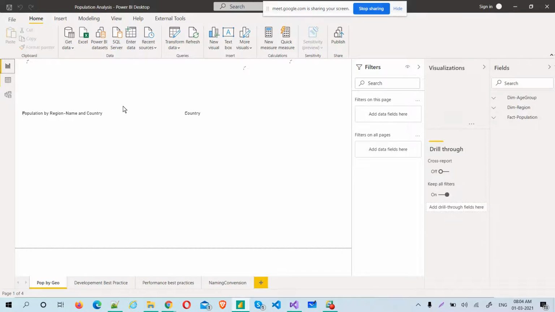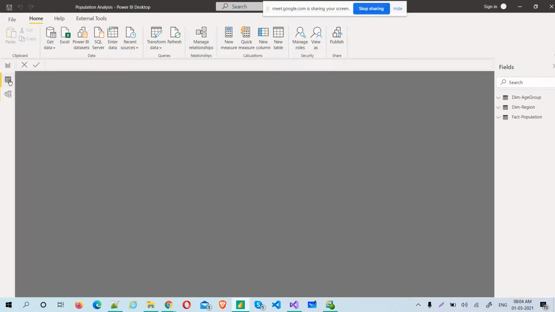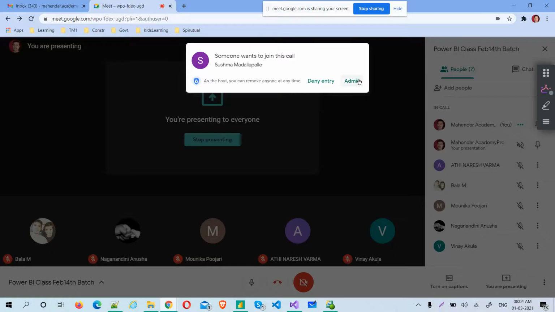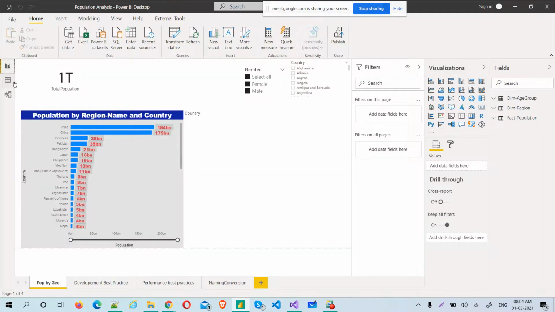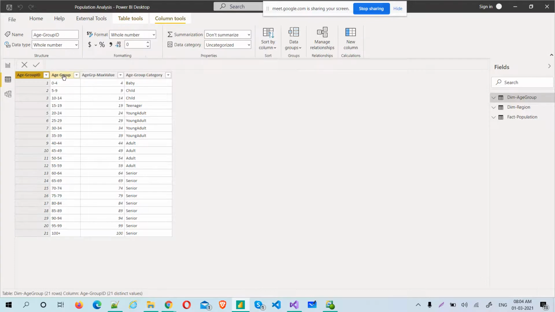Then again we come to the data, and we understand the categorization. I'm just revalidating all the things that we have learned so far. We understand the data categorization of each column, and table categorization.